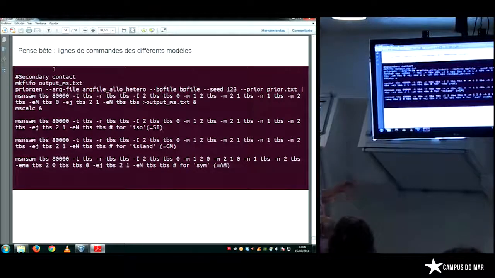Okay. So with these 4 command lines, you have the 4 models I presented yesterday. So secondary contact, and here it's isolation without gene flow.